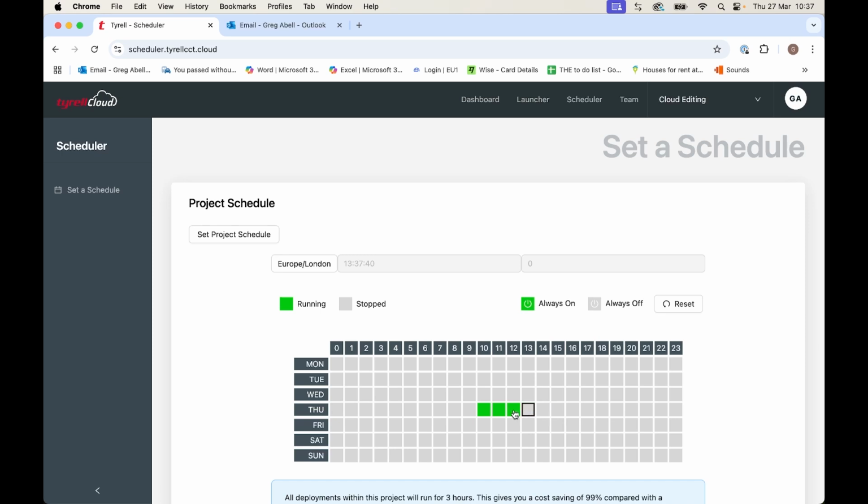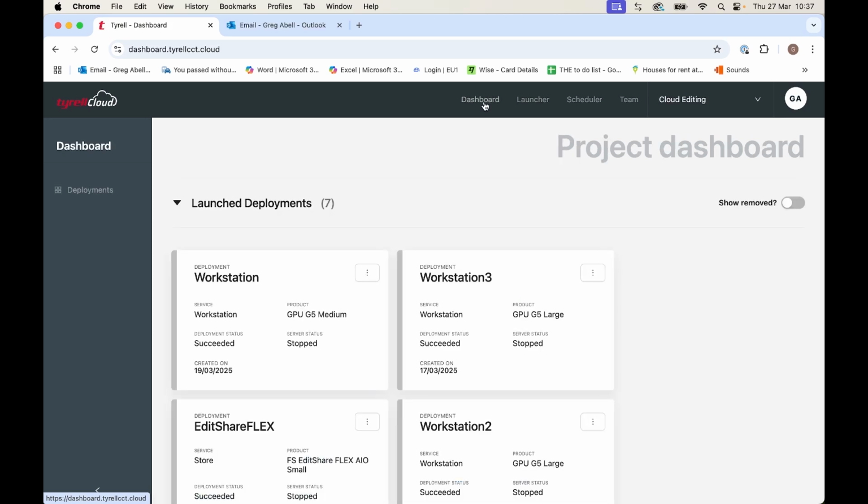As a demo project, this one is effectively parked. We can see all the deployments here are currently scheduled to be off all the time, so I'm not running up any unnecessary costs. And as a quick reminder of how we work with ConnectStream, let's click the Actions button